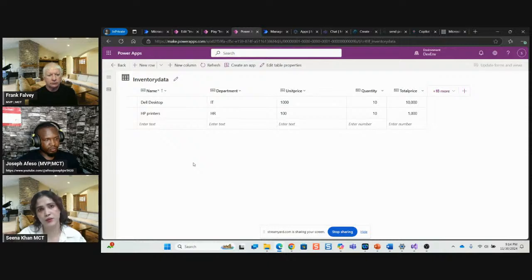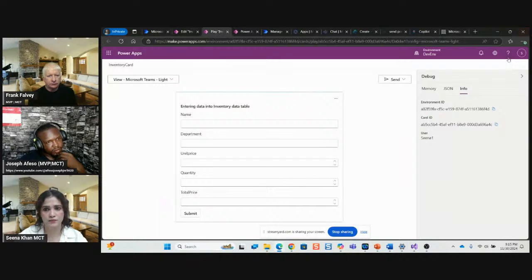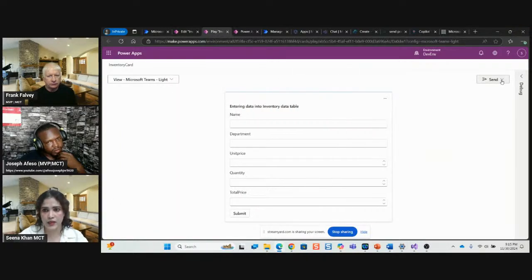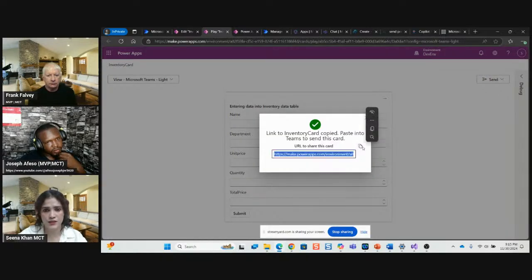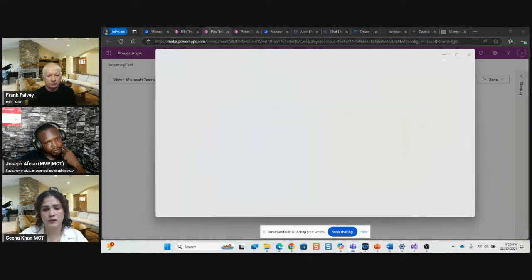In the same way, you can use this card for something like event registration. For example, you are conducting a New Year event, and for that you just want to create this Power Apps card, and you need to send this link to your group or anywhere. You can do that as well. So how can you do that? Here it is, send in Teams or here. Just copy this URL, and in your Teams,